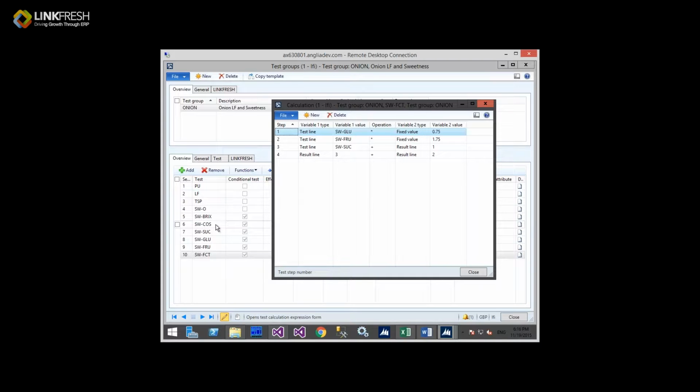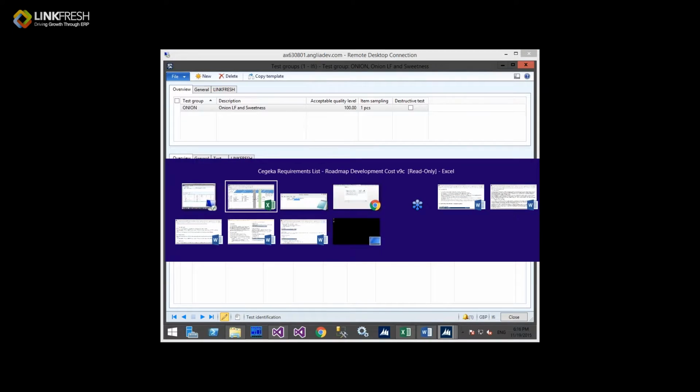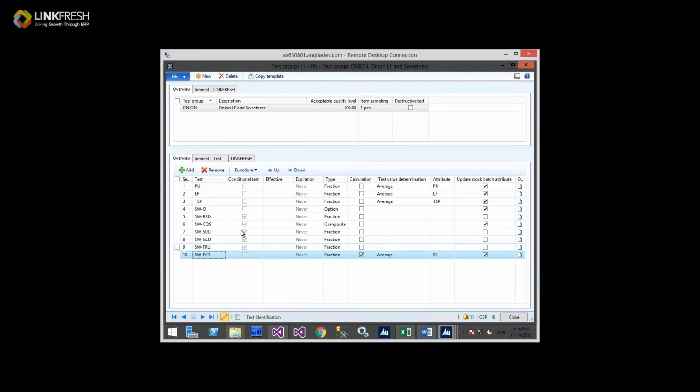All right, so let's look at the batch attributes. Batch attributes are configurable within the system implementation. It's a very flexible list. We can define here anything we want. For instance, in this sample, I have sugar, weight, size, and other attributes for